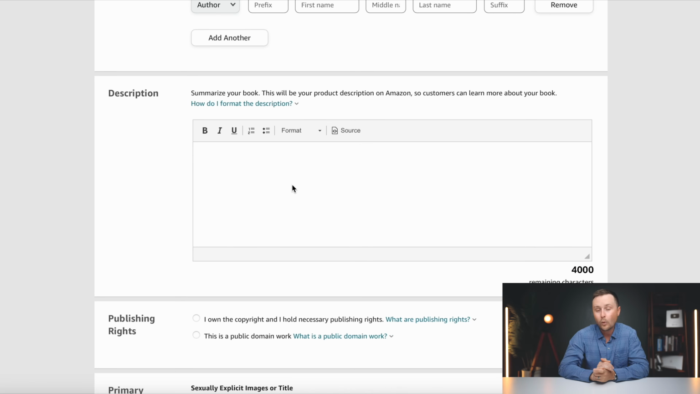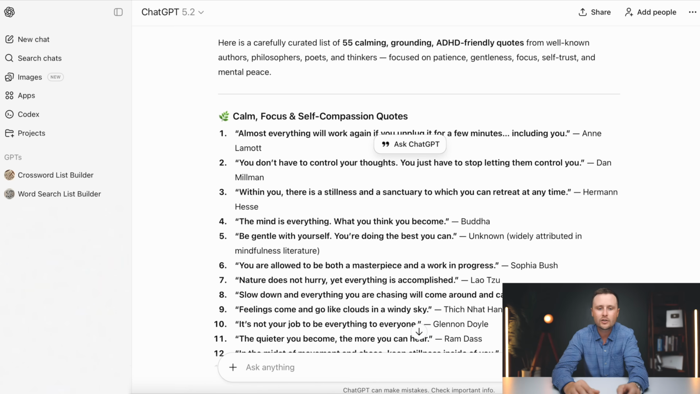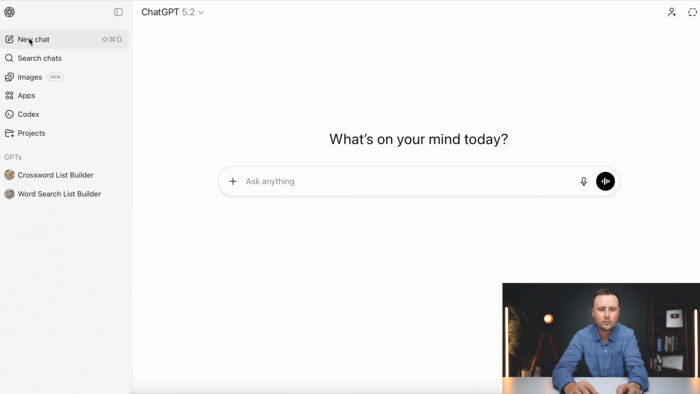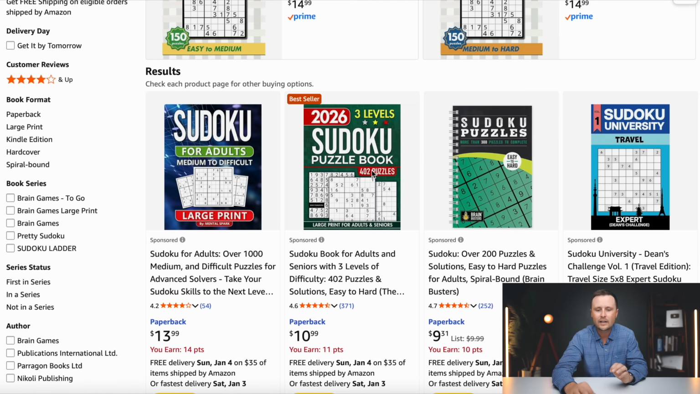This is going to be an important part of this process. Again, I have a streamlined way of doing this. What we are going to do is use ChatGPT for this. Go to start a new chat. And there's two ways that you can kind of do this. The first way through, you're going to have to go to Amazon, find a book that you like the description